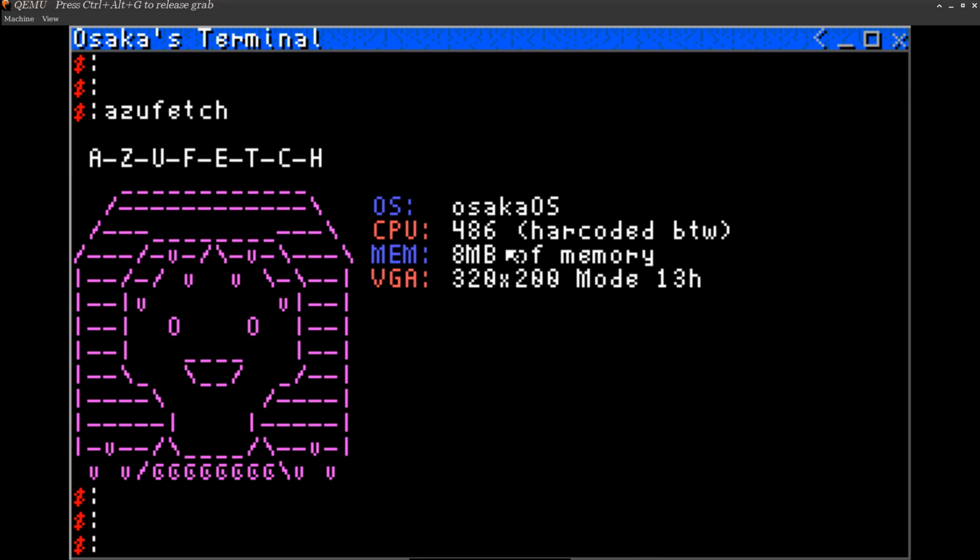Also, 8 megabytes is the minimum memory to run this operating system. If I use my own bootloader, it'd probably be even fewer. So, we'll see about that in the future. But yeah, I do plan to keep this as a very low